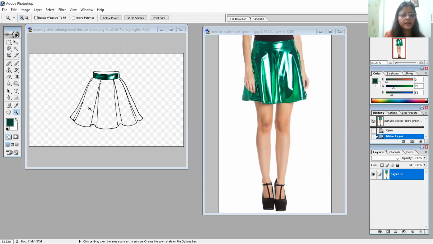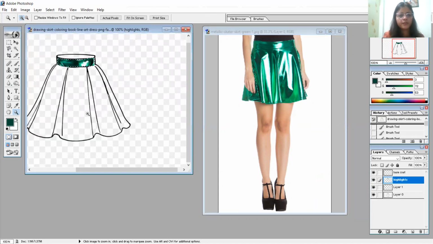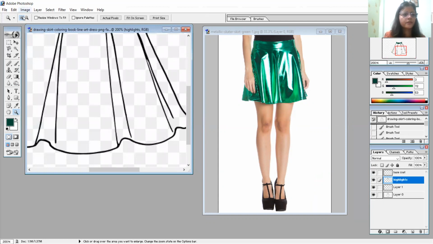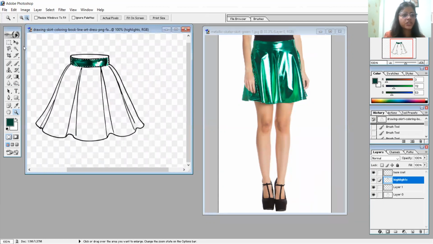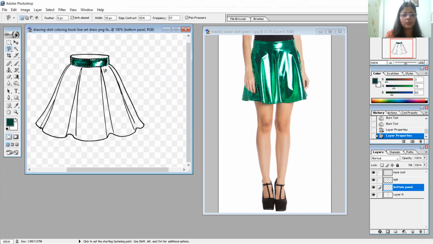Coming on to the layers. You can change the layer. Like right now, I was doing the belt area in the highlight layer. So let me just rename the layer belt. Then coming on to layer 1 and let's just say bottom panel. Okay, so here select the panel where you are going to work. Let's just say I'm giving this much area,